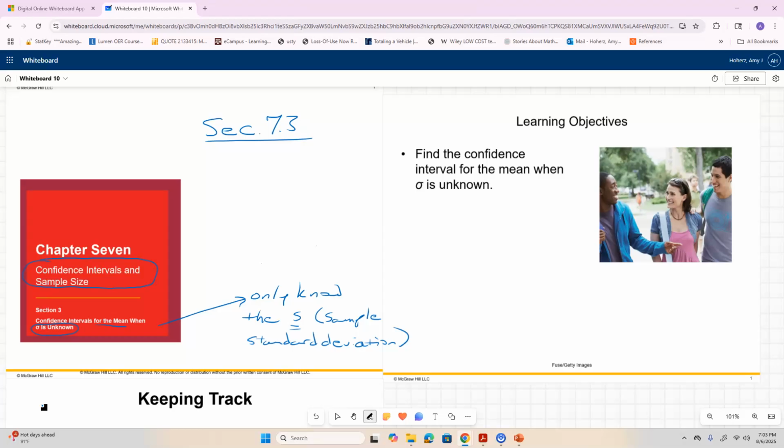our value. We will not have a Z value, a Z sub alpha over 2. We'll have a little bit different value. We'll get it off the same chart, we'll use it in a fairly similar way, but it is a different